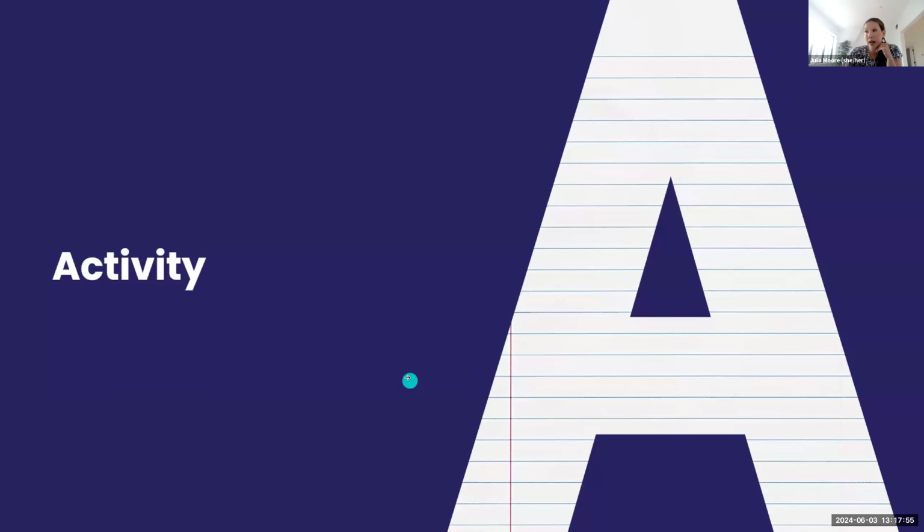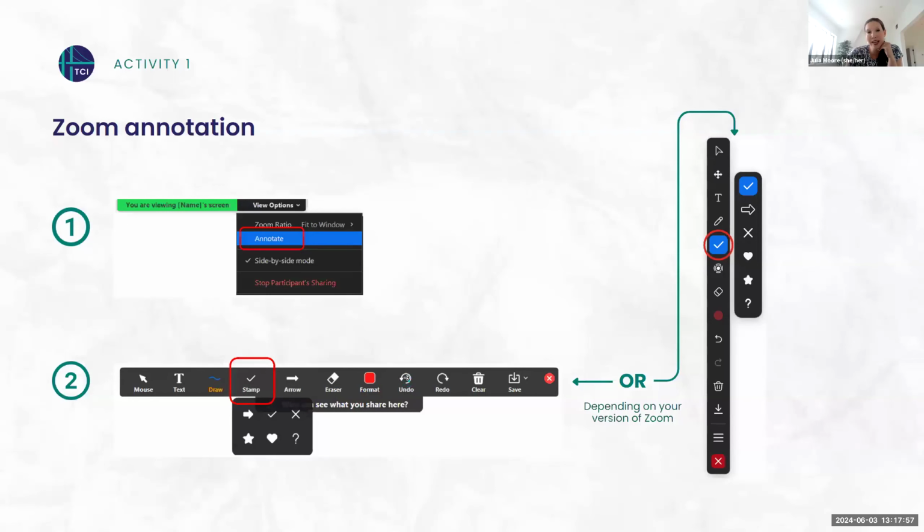Before we zoom into the strategies pathway, we want to jump into a quick activity using annotation. So if you're on video, can you raise your hand, or not on video, I guess, can you raise your hand if you've used annotation before? I'd like to just see a sense of a couple people. Okay, lots of people have not. Okay, so I will introduce you to annotation.